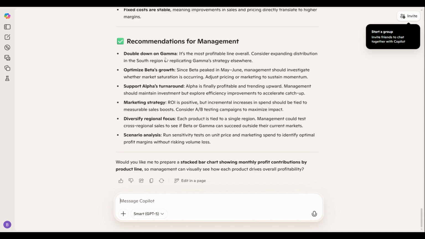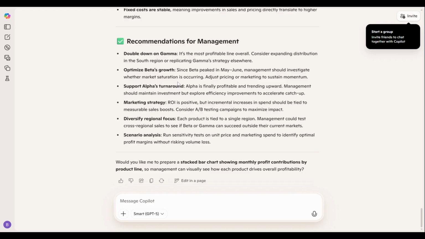So recommendations for management: double down on Gamma, most profitable overall. Consider expansion in the South region or replicating the Gamma strategy in different regions. Optimize Beta's growth. Since Beta peaked in May through June, management should investigate whether market saturation is occurring. Support Alpha's turnaround. Alpha is finally profitable, trending upwards. Management should maintain investment. We'll also look into efficiency improvements to accelerate the catch up between the other two